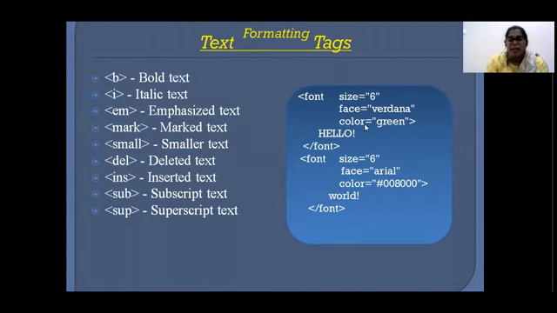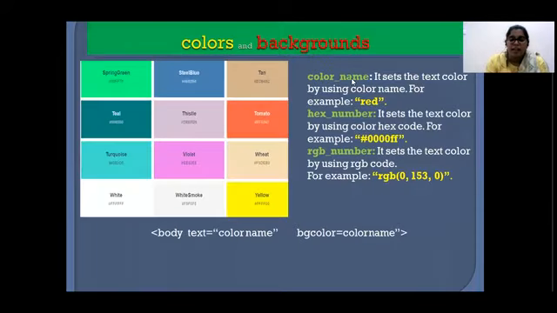Whenever we are mentioning colors, there is a possibility that we can mention colors in three ways. The first one, directly we can mention the color name like this, or else we can mention them in hexadecimal numbers like this. Or else we can mention the RGB composition. This stands for red composition, green composition, and the blue composition. So these three compositions will give us different kinds of colors.